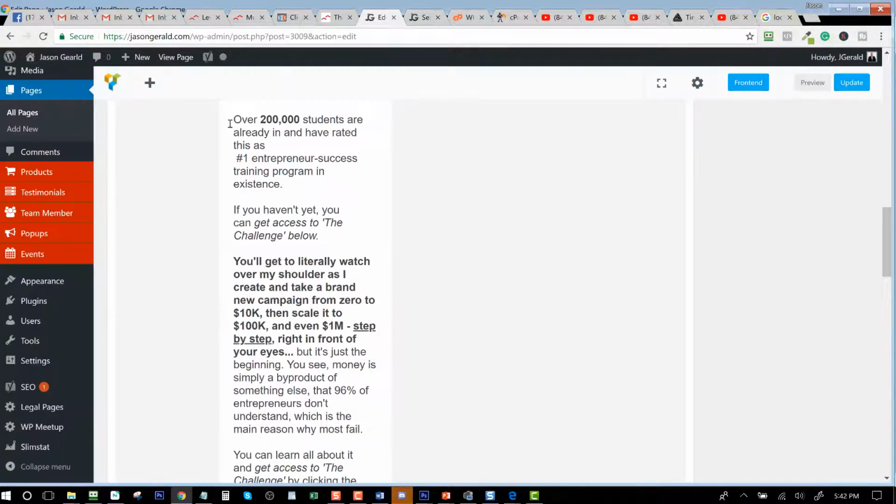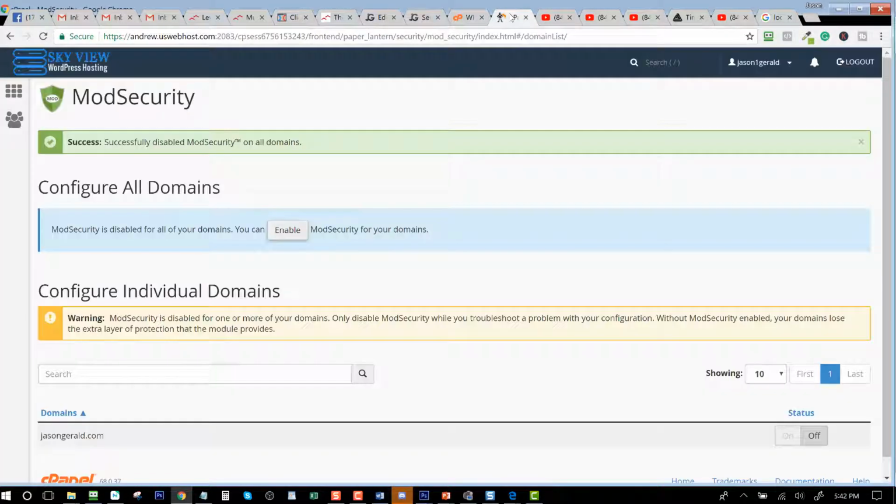So now since I know mod security was the issue, I'm going to go back here and just leave this disabled. It's not going to affect any of my other domains out there because they're going to have mod security on them. And if there was another issue and I kept getting this problem, what I'd have to do is